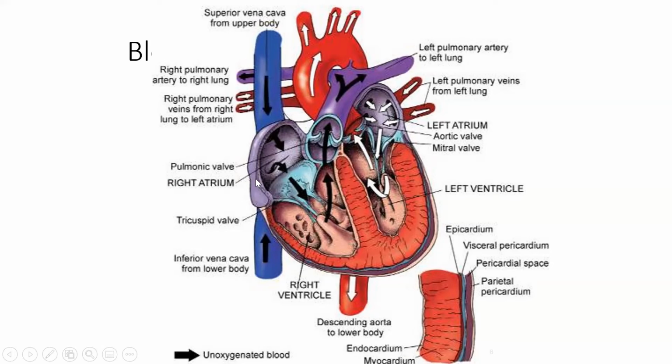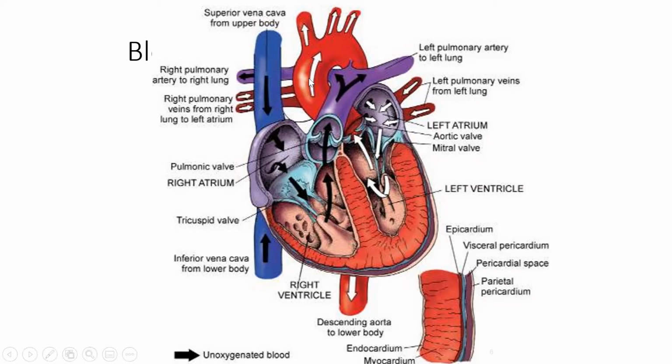It dumps it into the right atrium. After dumping it in the right atrium, it goes through the tricuspid valve into the right ventricle. The right ventricle will contract and then push the blood through the pulmonic valve into the pulmonary artery. After pushing the blood out to the pulmonary artery, one to the left lung, one to the right lung, we